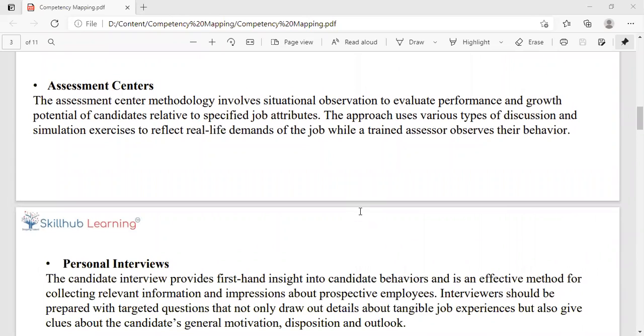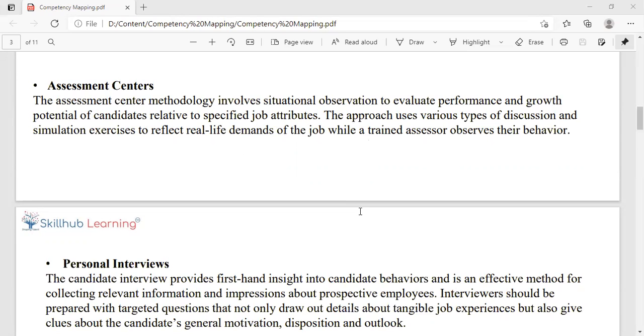Now there are different approaches. Assessment center is one, and I'm sure you would have read about assessment centers. I know about assessment centers. So, tell me. No, no, you were saying something. No, no, kindly move forward. Okay. So an assessment center is basically a series of assessments that help us in assessing different abilities that a person must have.